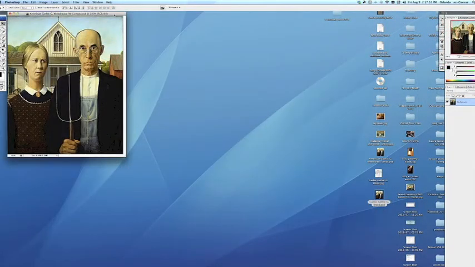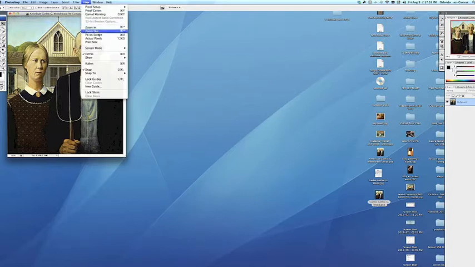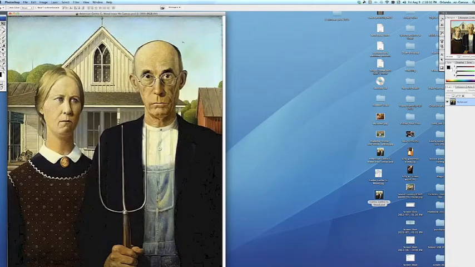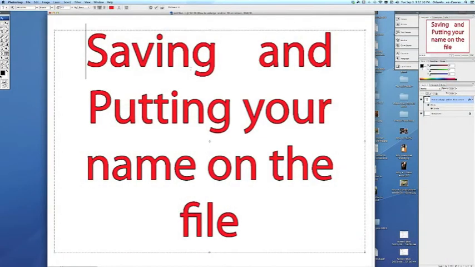To enlarge it, I can go over to View and hit Fit on Screen, or I can type in the key command, Command 0. You'll notice it maximizes itself on my screen. Now, what I need to do to set up tracing it,